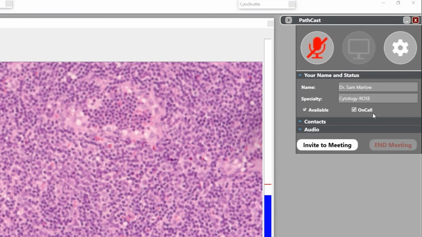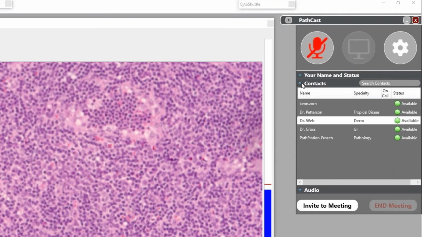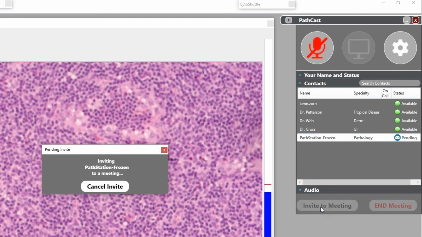And that way your person who's basically at the procedure room doesn't necessarily need to know exactly which doctor is on call. Once we've done that, I can, for example, right now, let's say I'm going to now start a meeting with Path Station, Frozen, yep. And I just click on their name, I click invite to meeting,